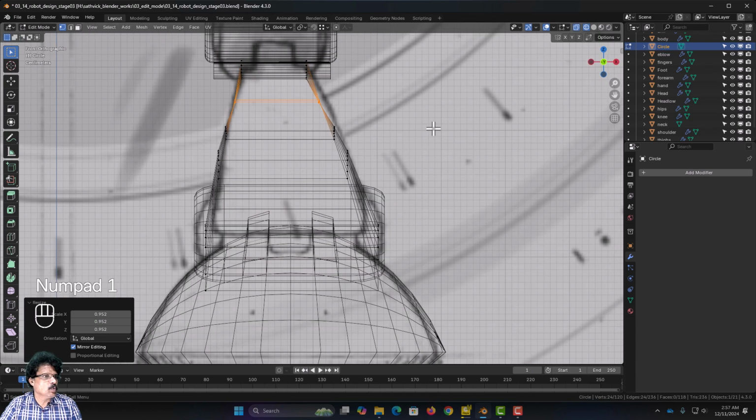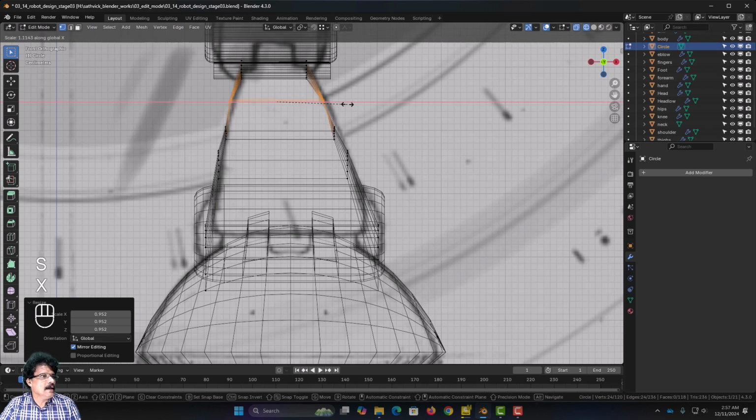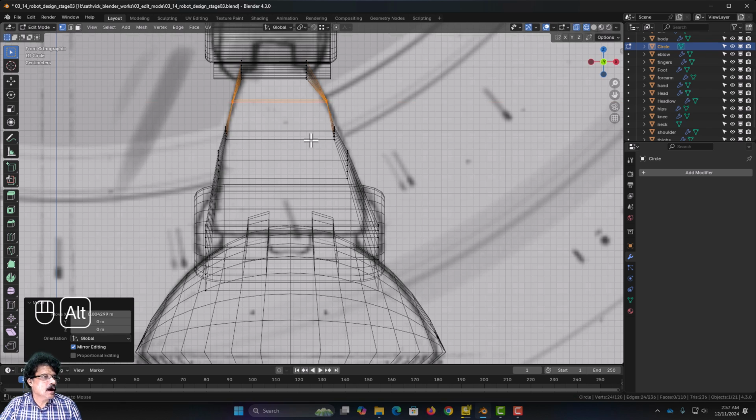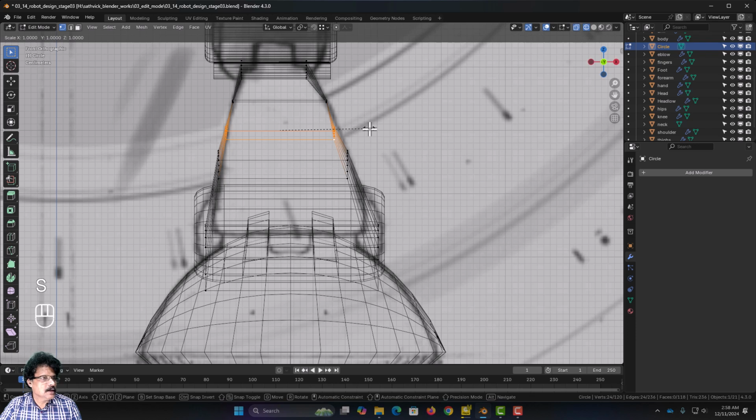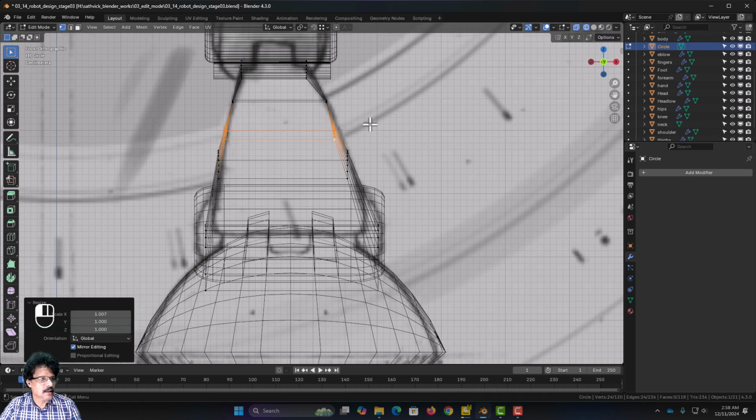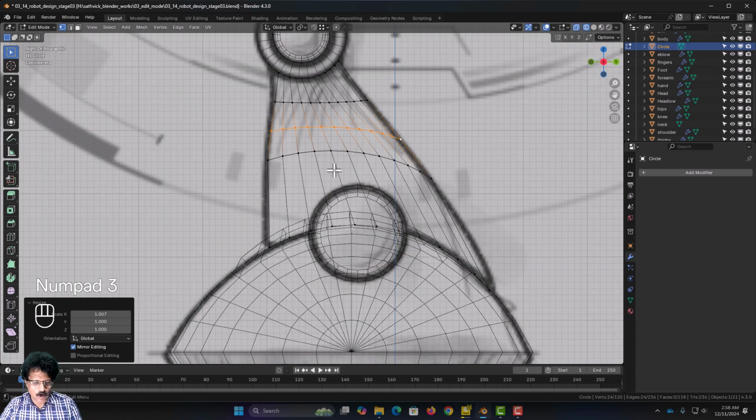Then I will press 1 and come into the front view, then I will scale it along the X like this, G, X, and I will move it like this. I will select the other loop here, press scale, and scale it a little more along the X axis like this. And now again I will press 3 and come into the side view, and I will press